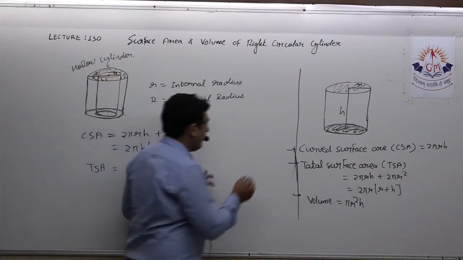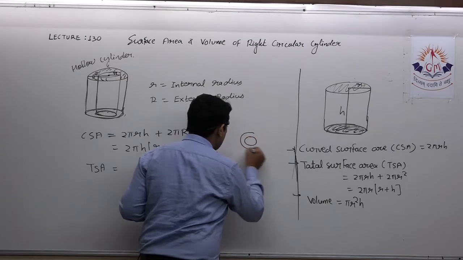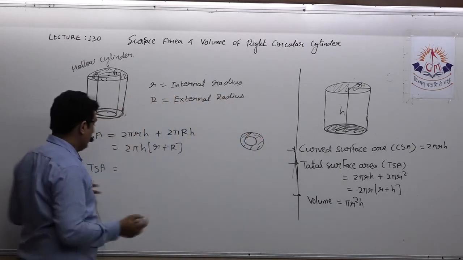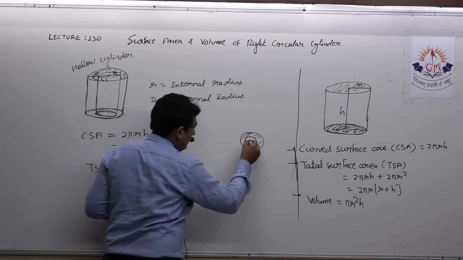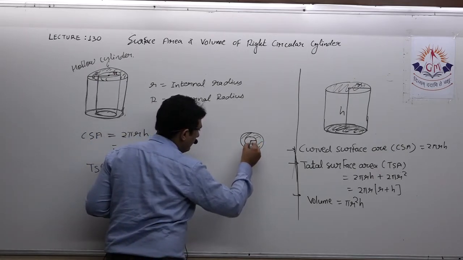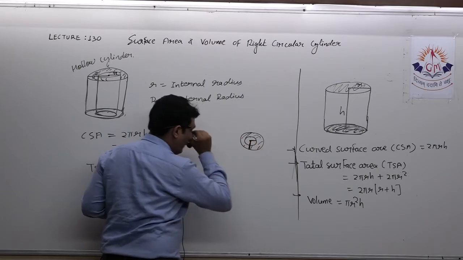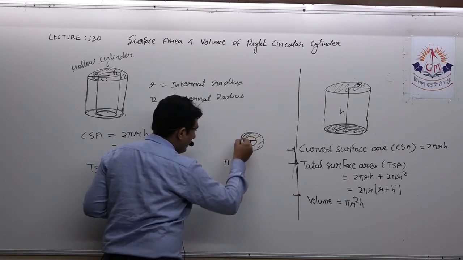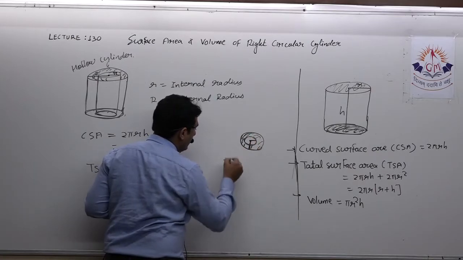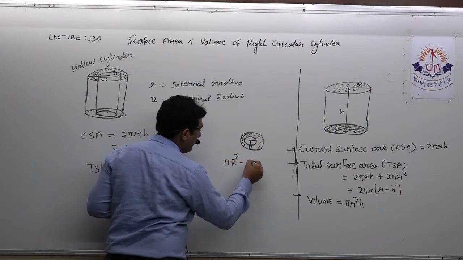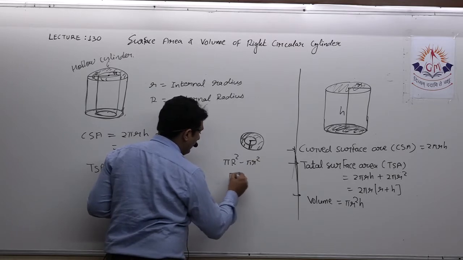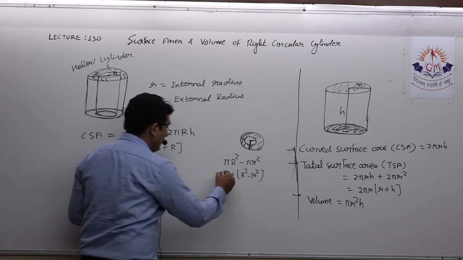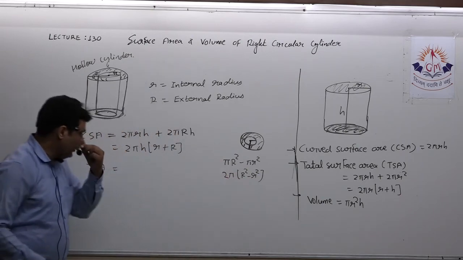See, if you see its top view, you will see something like this. So this is the portion where it is possible to paint. Now this is small r, and up to this it is capital R. So how to find this area of the ring? I can say area of the outer circle minus area of the inner circle, that is pi R square minus pi r square. If I take pi common, R square minus r square. One thing more, there are two such rings, so here I have to take 2 as well.